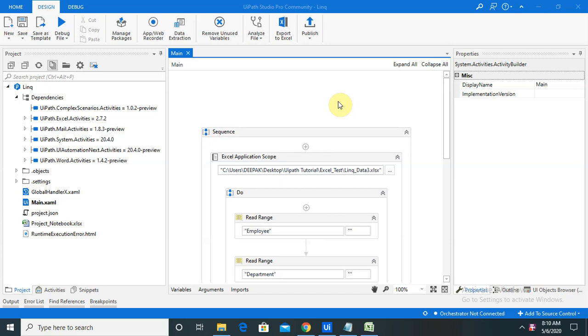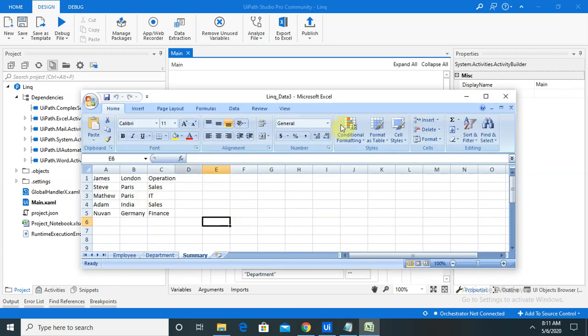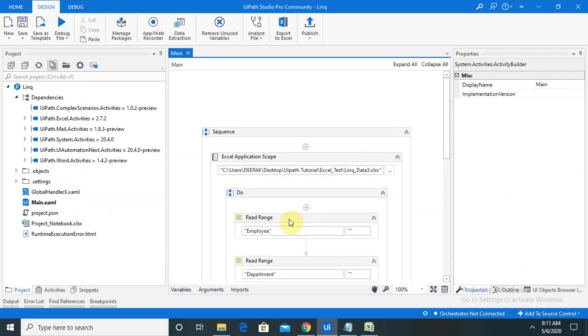It is very useful at the time of coding, or when we are dealing with bulk data, which is production data or testing data. Here I will explain how to use LINQ in UiPath by using one example. As you can see, I have already created one Excel sheet. By taking one example, I will explain. I have already created that script for you. I will run that script, and in front of you I will create it again for your complete understanding.